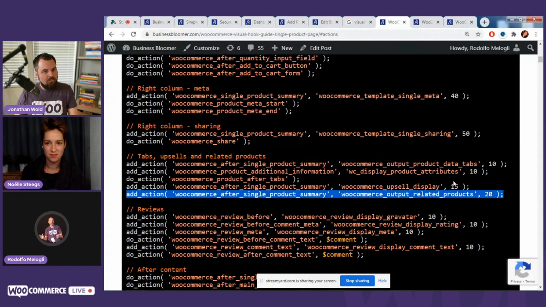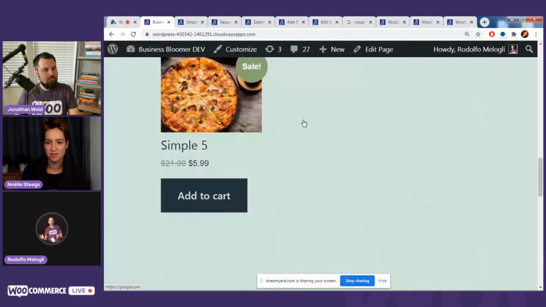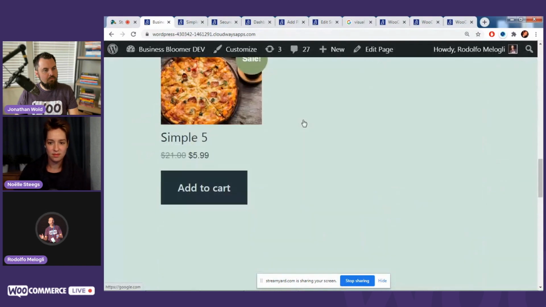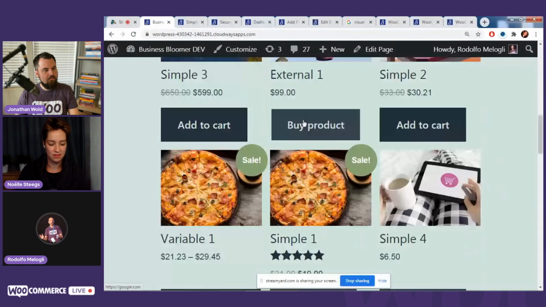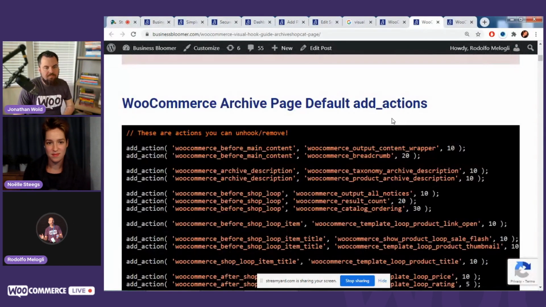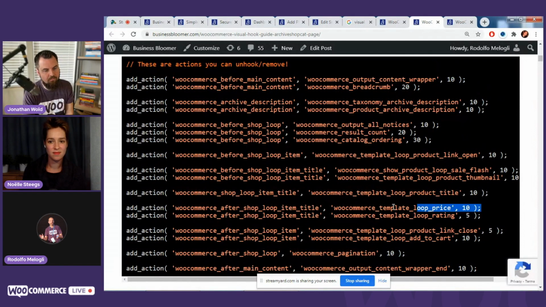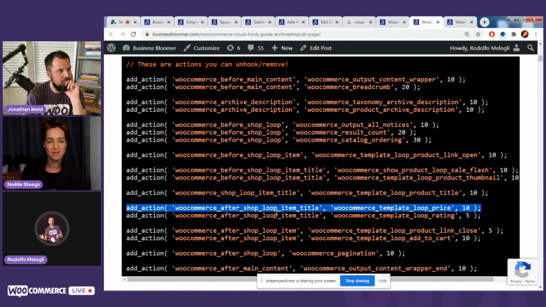Okay, so we're just going to do another example about the shop page, super quick. There is a visual hook guide for the shop page, of course. There is a list of hooks that WooCommerce uses to put together the page. And I can simply do the exact same thing, which is I want to remove, for example, the prices from